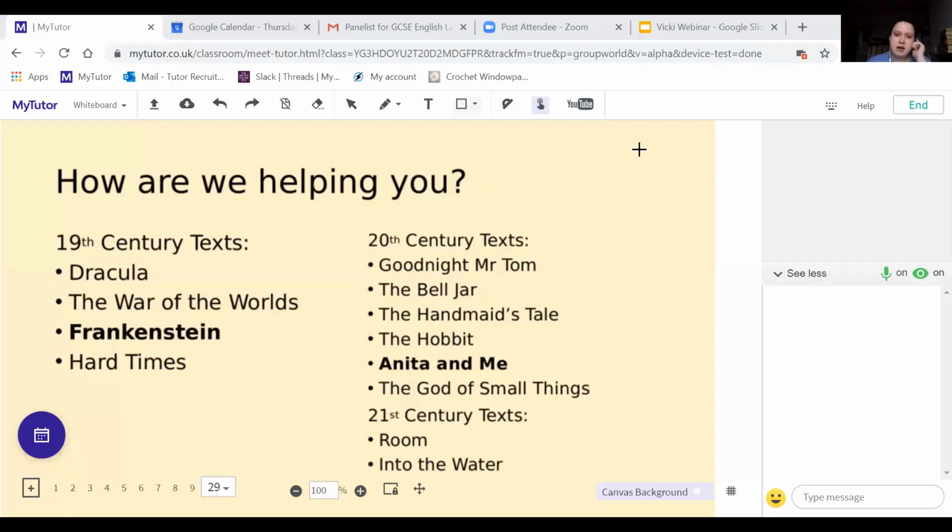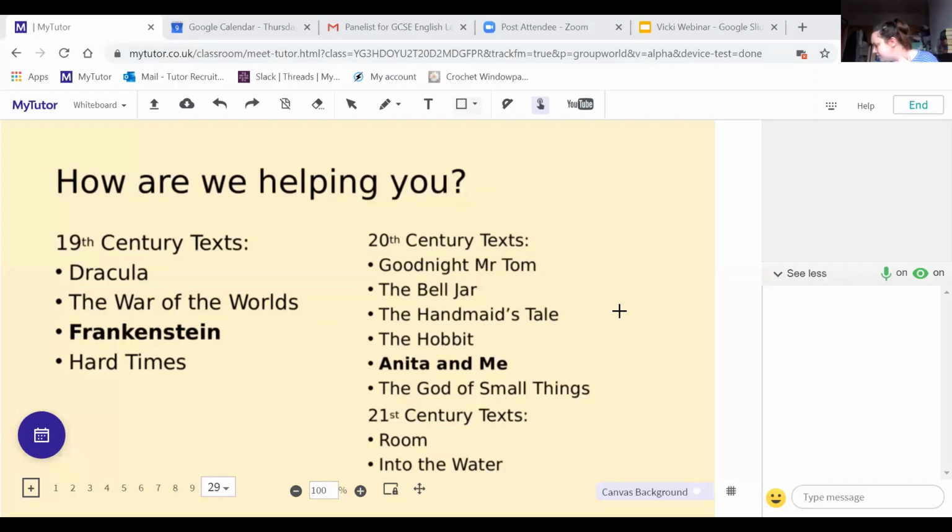What websites do you recommend in accessing audiobooks for free online? To be honest with you, I tend to use YouTube. If it's a well-known text, you can usually find someone reading it for free on YouTube. So I've done that for a couple of books. I did that for The Handmaid's Tale.